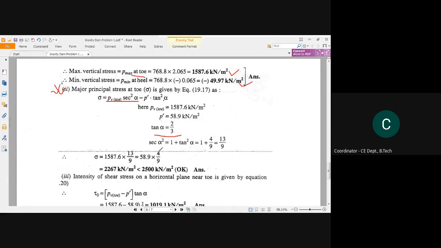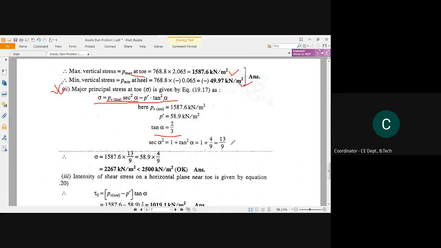Now we know from this equation sec square alpha is equal to 1 plus tan square alpha. So 1 plus tan square will be 2 square by 3 square, which is 4 by 9. So sec square will be 1 plus 4 by 9, 13 by 9. Now putting all the values in this formula,